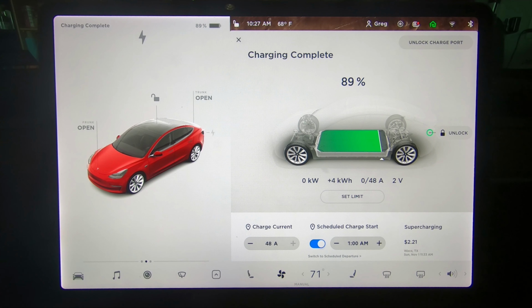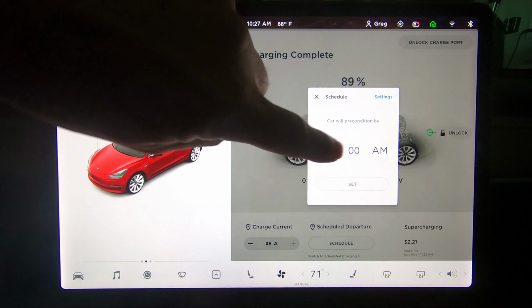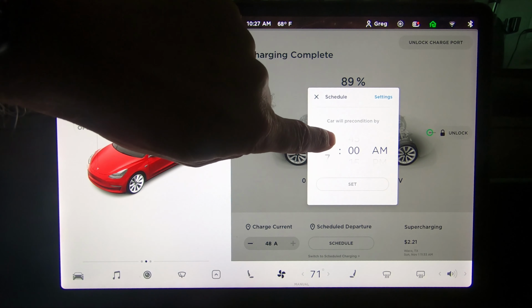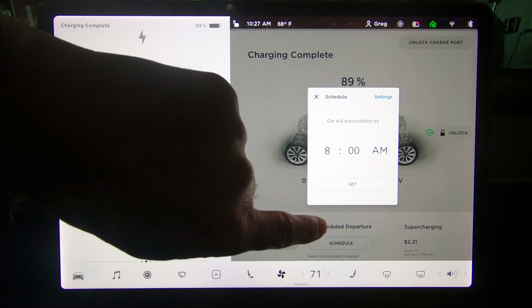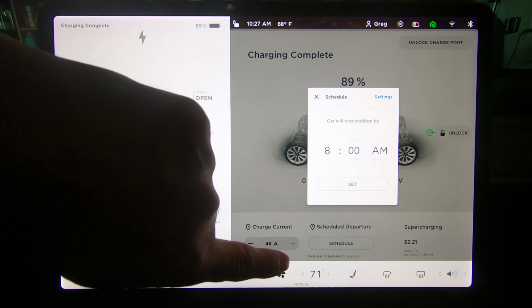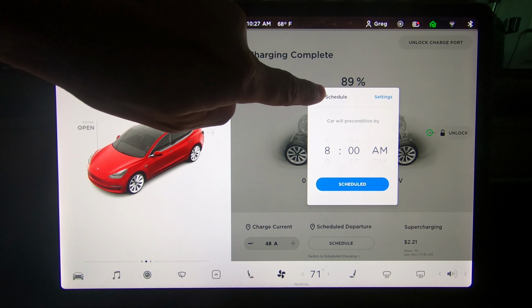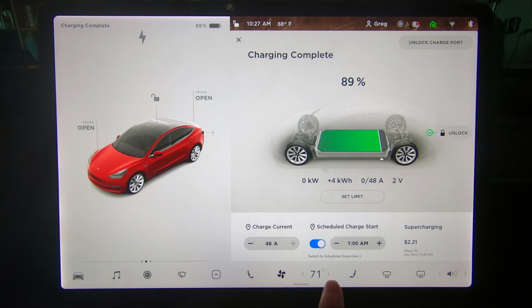That's interesting. All right, so down here I have a scheduled charge time of 1 a.m. We can click on this, switch to departure time, and now I can click on schedule. Let's say I want to depart at 8 a.m., right? So we can set that, and schedule. Well, why don't we do set? So now it's scheduled. Okay, and then I click on that, and that didn't change. So let's click here, do schedule,